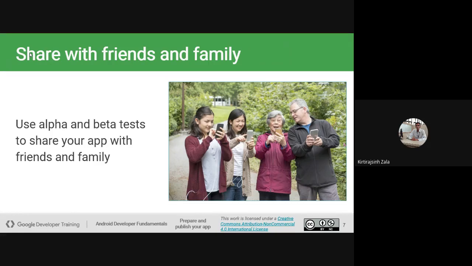I can give you an example. Before Android is commercially launched, any kind of Android operating system is first tested with its employees.